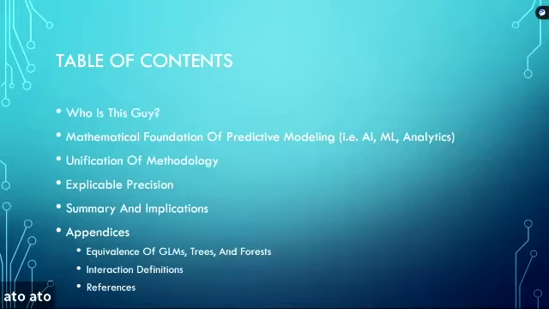And so when I started actually doing practical work, one of the things that came to my mind was, gee whiz, why is it that when you talk about trees and you're trying to figure out how to construct a tree, you're looking at things like Gini impurity or information gain, but when you're doing a GLM, all of a sudden you're concerned with Poisson deviance? Why is it that when I change the functional form of my model, my error changes all of a sudden? What's the connection there? That never made sense to me.